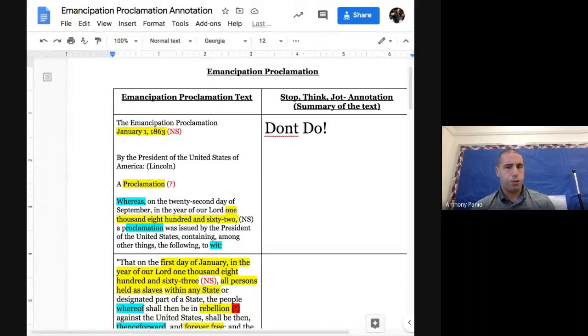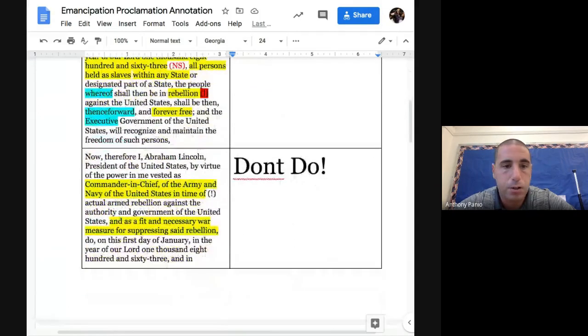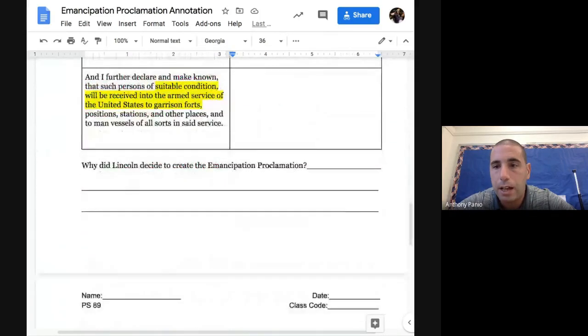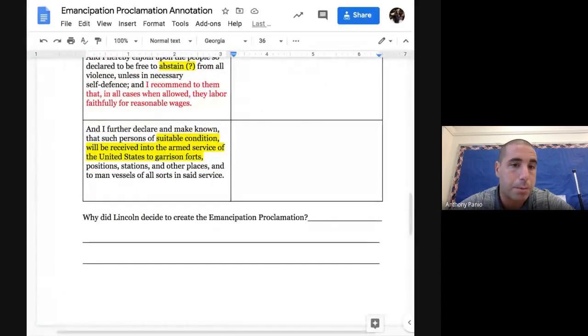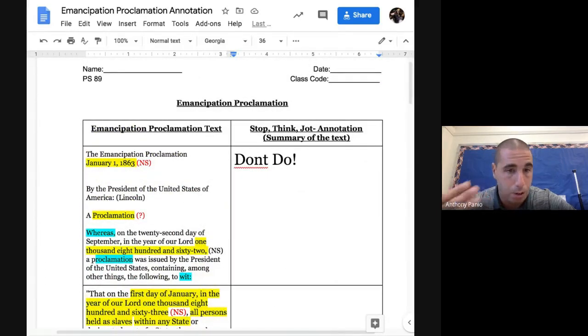It could be a little confusing to you because you'll have a reading on the left box, which is the Emancipation Proclamation, the actual words. It's not the easiest thing to read, so we're going to do a couple of these together so we can practice. And the next thing is the box to the right. Now, if you see a box that says don't do, that means you don't have to write anything in this box. I'll explain what you're writing in the box in a second, but you see here, you see don't do, you don't have to write anything. But then you'll see the last couple of boxes here, you have to write some stuff, and then you have a question at the bottom here that we have to try and answer as best we can. All right. So what I'm going to do is I'm going to model how to try and do this.